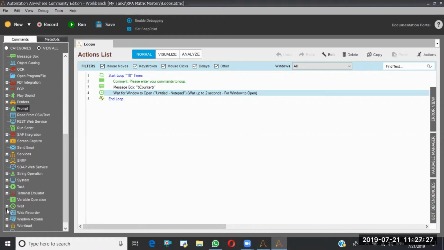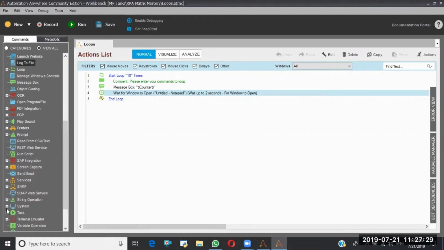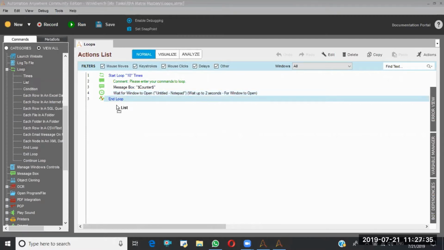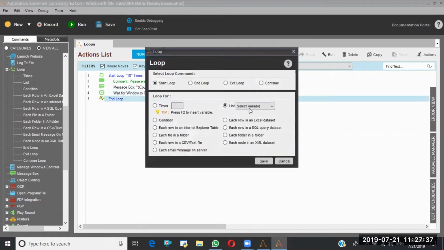Next, loop is list. We already discussed the list loop, right? But again, I'm going to explain. The list loop helps you to loop a list variable. Suppose the list variable has 100 values, this loop will execute 100 times. If it has 1000 values, it will execute 1000 times.